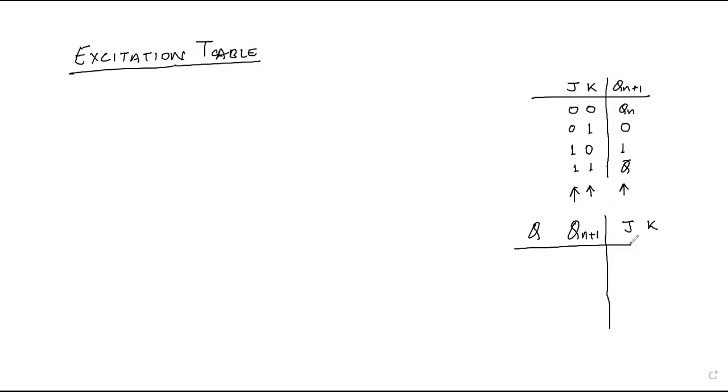So based upon that, what should be the input conditions? Are you getting that? Previously we have the inputs, and based upon the combination of input we are getting the outputs. But here what we want? We want some particular output. We have some particular input and we want some particular output. So for what possible combinations of input we want